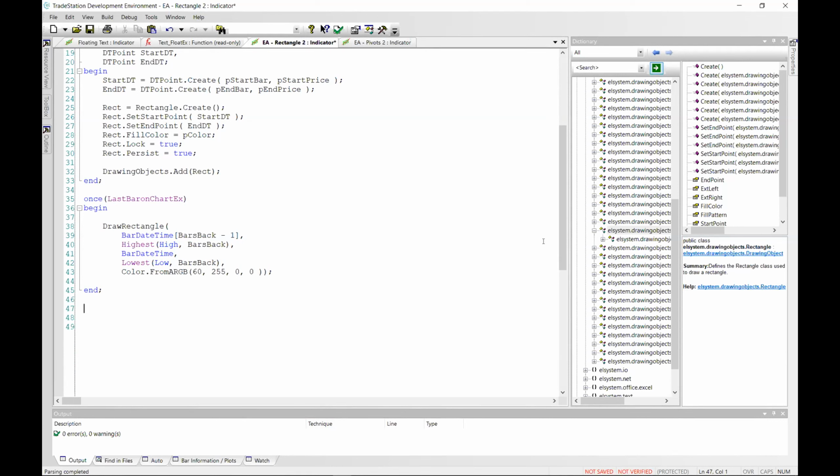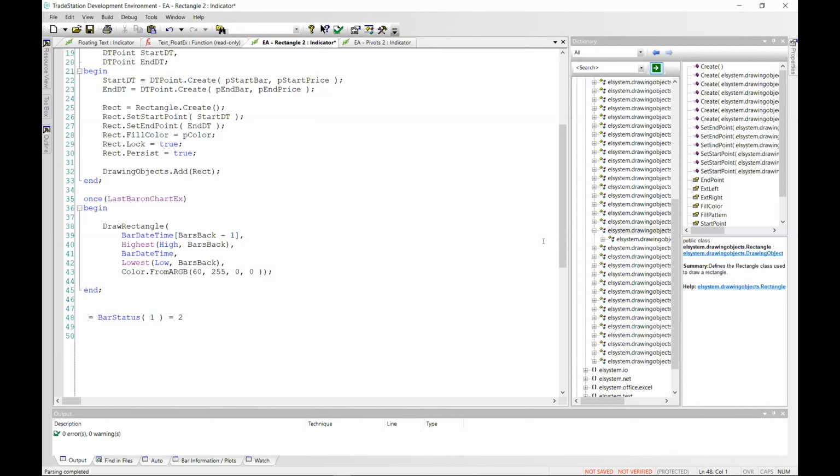So maybe we can just modify this code and say, look, if we get the closing tick of a bar, actually what we want is the opening tick of the new bar. So what I'm going to do is create a variable. No, I take that back.